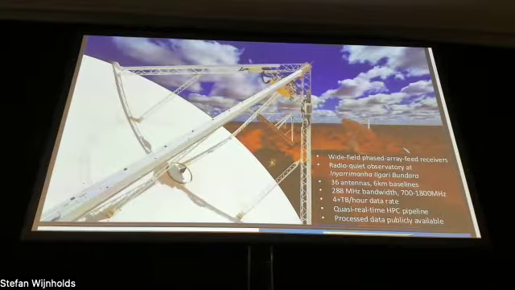So the field of view, while it's great, comes at a cost. It produces a lot of data. It's basically lots of parallel streams of data, effectively 36 different interferometers running together. At full resolution, we get about 4 terabytes an hour coming from the correlator on site, down to the Pawsey Supercomputing Centre in Perth.